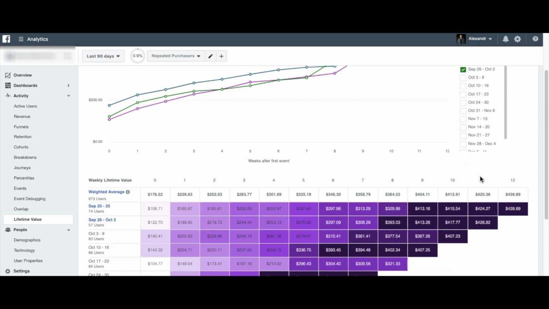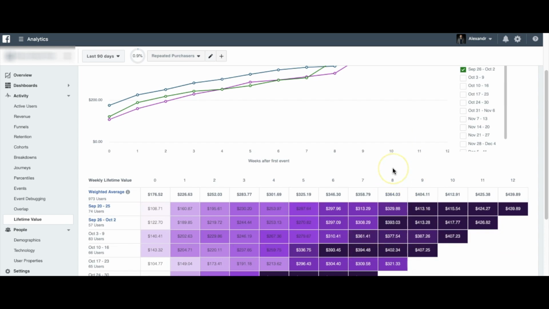And what's interesting here, and what you should be monitoring, is a trend, right? So for example here, users that have been acquired October 10 to October 16 had a value of like $400 by nine weeks,